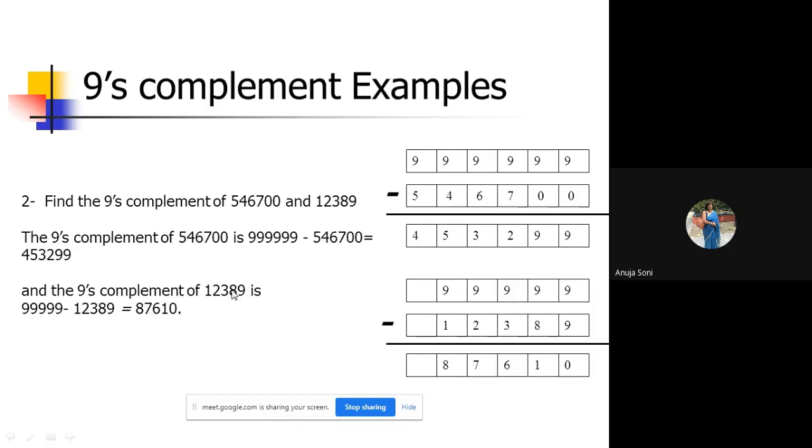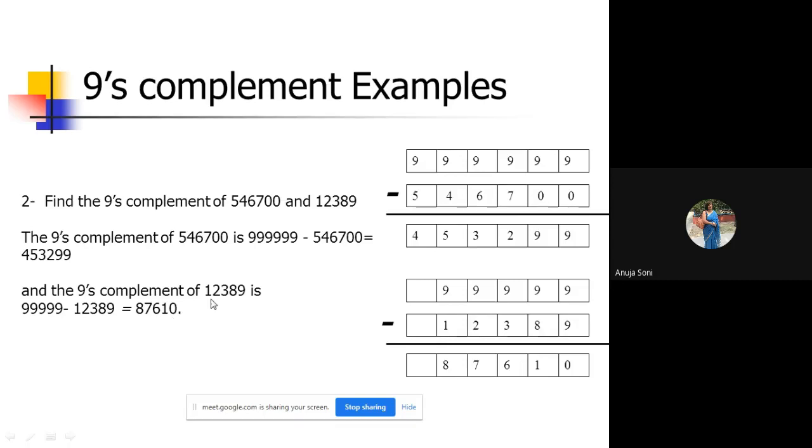So what is the direct method now? You have to find the 9's complement. Once you view the given number, you have to count the number of digits. 6 digits are there. So that many 9's you have to place, and the number needs to be subtracted from that value consisting of that many 9's. Ultimately, we will get the 9's complement.